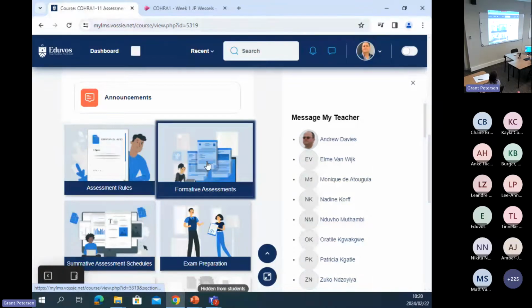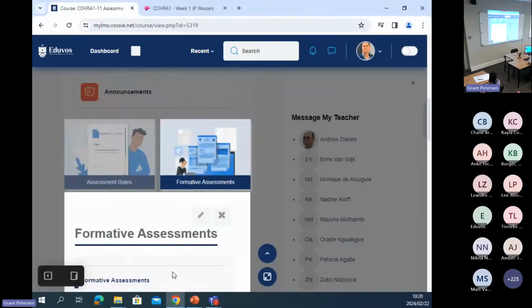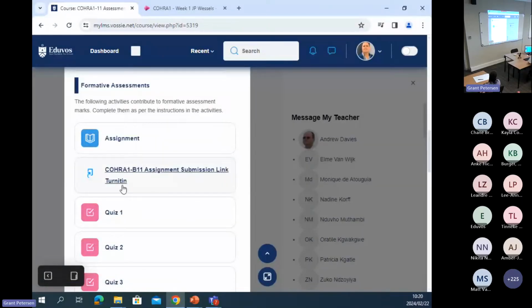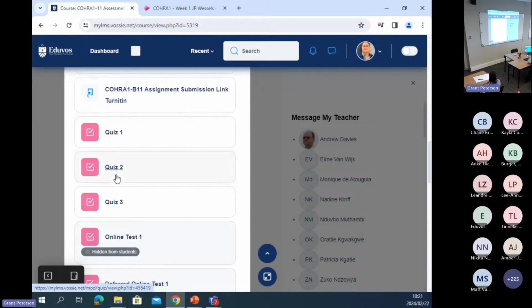Here, you will see your assessments physically now. You won't be able to see it, but I can see them. There's your assignment loaded. There's your assignment submission link. We are ready for you. Right. And there are the quizzes loaded. They're waiting. So the system automatically releases them as soon as they